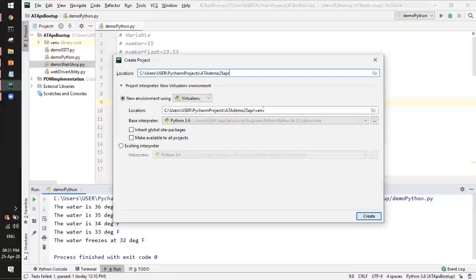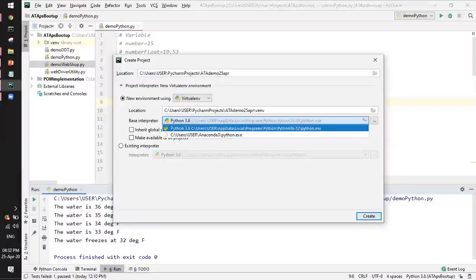This virtual environment provides Python to execute whatever files are put in that particular project, and that's how the installation works. Along with the virtual environment path, you can also see a base interpreter which is automatically assigned. This is the python.exe which I installed. During my installation I used this particular path, and my python.exe stays there. I also have one other product which I installed, that's Anaconda, but I'm not going to use that as well.